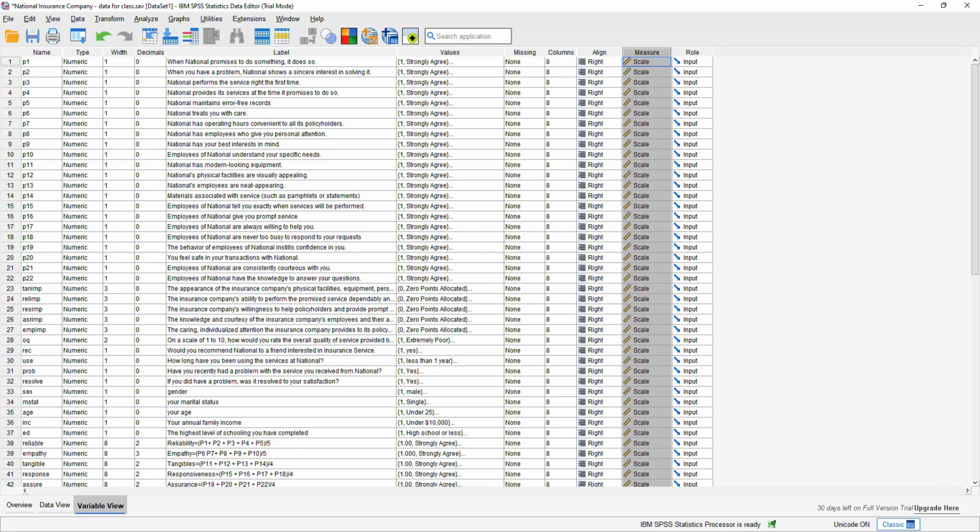SPSS treats interval and ratio scales as what it calls scale variables. So for example, there are 3 choices. There's scale, ordinal, and nominal. So SPSS has understood that this is a scale variable, meaning it is a metric variable, interval or ratio variable. But I would be very wary of taking SPSS's judgment on these matters,